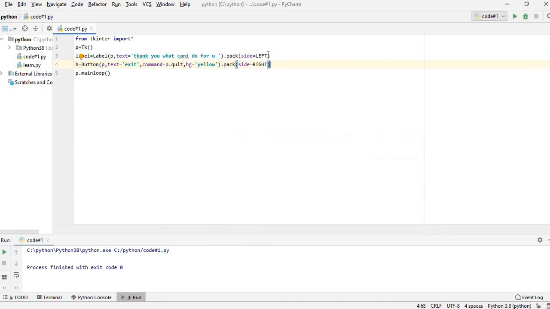We will give a comma and say expand equals to yes, comma, and fill. Now we will choose which x-axis or y-axis, so I'm going to give both. Okay, now it will, oh sorry,